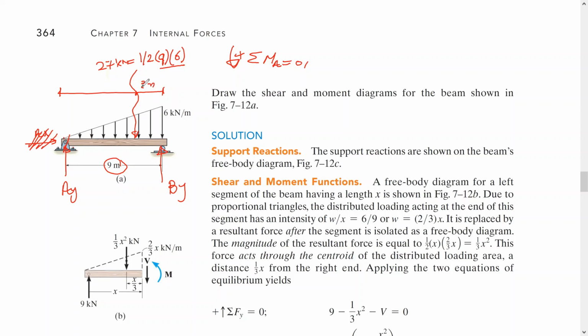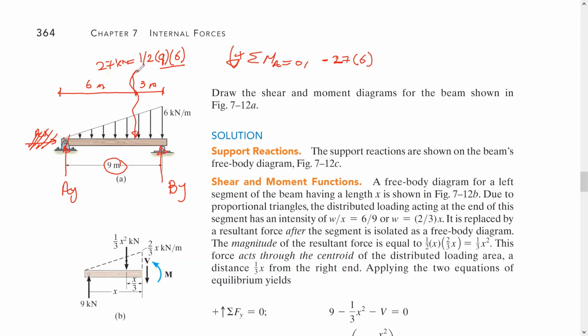Let me fix it here. Okay, this is 3 meter and this is 6 meter because this is 2/3 of the 9. Okay, the total is still 9 meter. Okay, so in this way the moment is going to be minus 27, which is the equivalent force, times 6